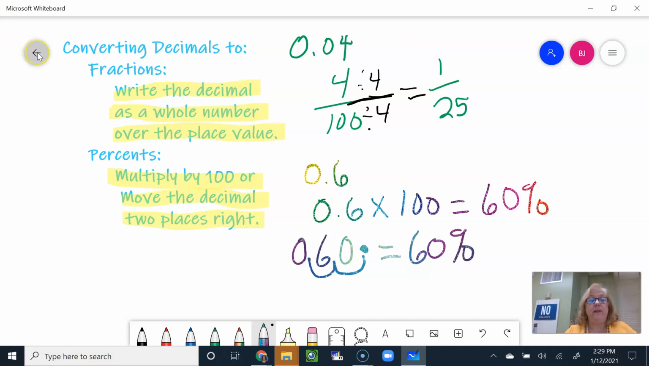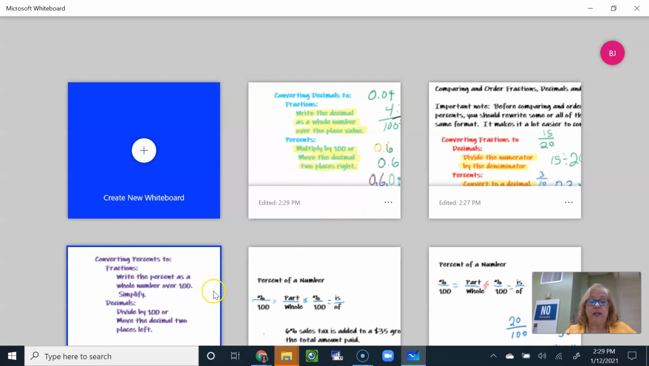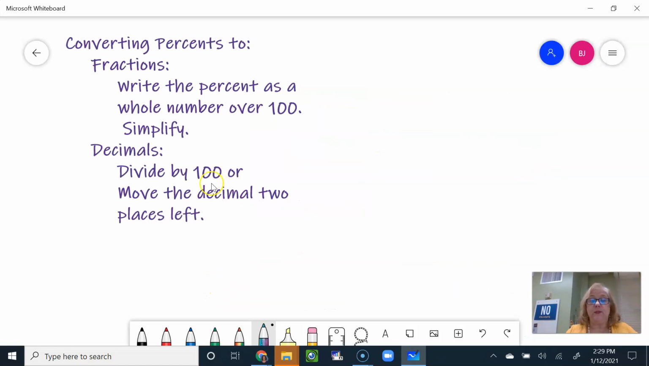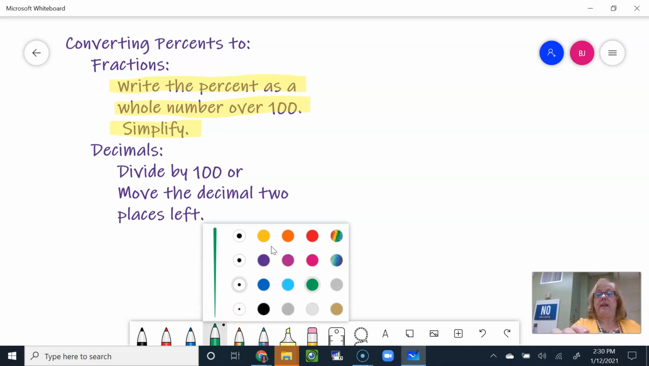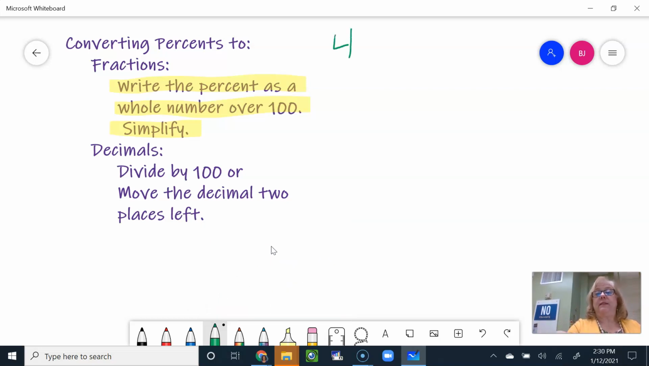Now our final one is converting percents to fractions and converting percents to decimals. So if I'm converting percents to fractions, I write the percent as a whole number over 100. Don't forget you have to simplify. So let's see what that would be. If I had 45%